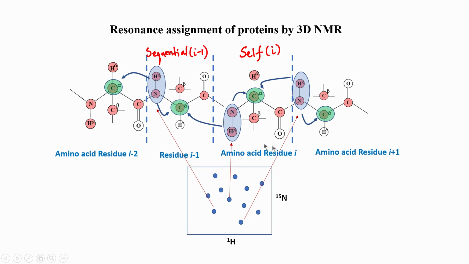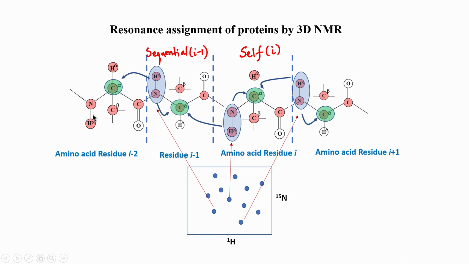Remember, this connectivity does not go from one end to the other end of the protein, it will only go to 5 or 6 amino acids, because after 4 or 5 roughly you may encounter some breaks. And what could be those breaks? The breaks could come because there is a missing peak in the HSQC. Remember, I said in HSQC you never get 100% peaks for a protein. So, if you expect about 100 peaks for a protein, you may probably get only about 80-90%. So, those missing peaks are basically those peaks which simply do not appear in the spectrum. So, if they do not appear, there is no way for us to identify that amino acid.